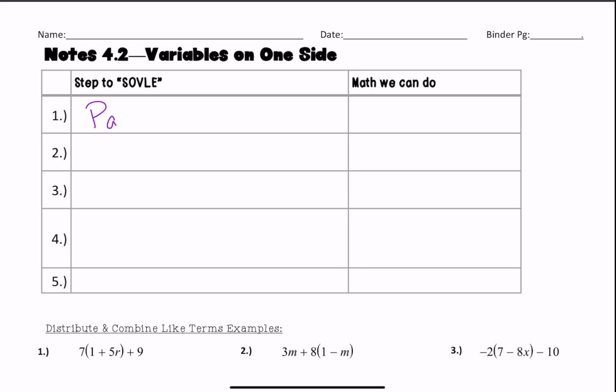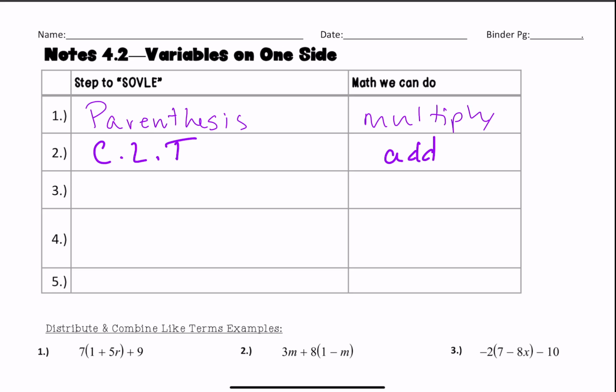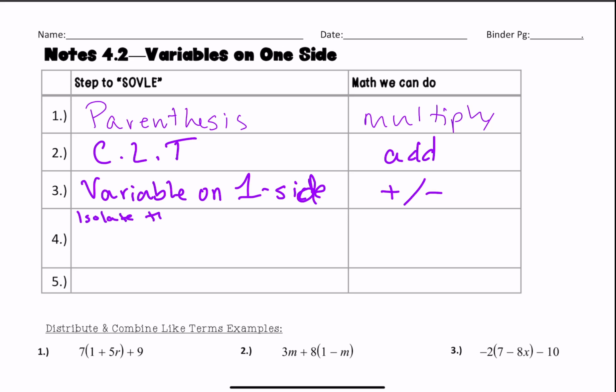First one is going to be parentheses, and the math that we use is multiply. Second step is to combine like terms, which is only adding. Then we have to get the variable on one side, which our options are to add or subtract. Then we have to isolate the variable,